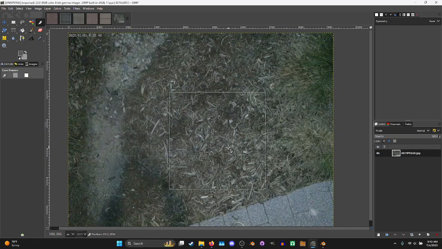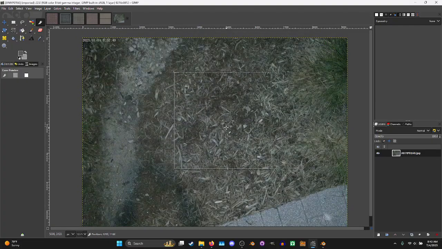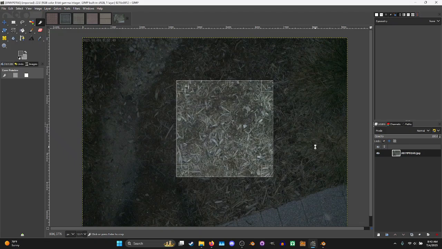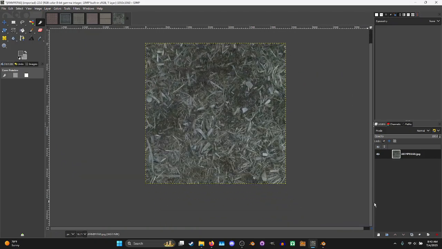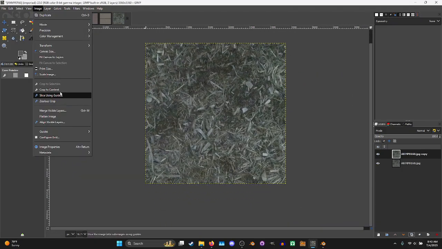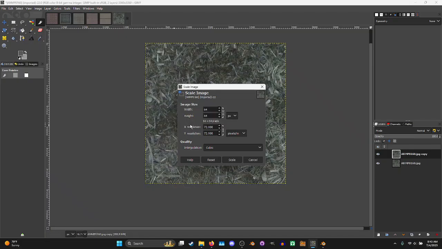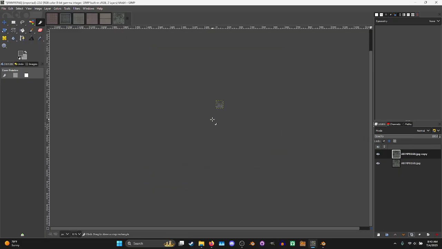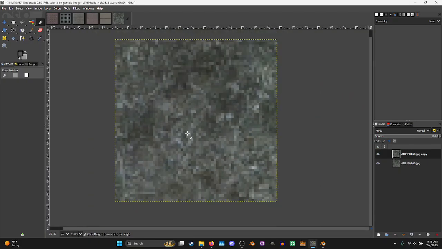Okay, so this one is just messy all over the place, but we can still extract a texture from it. So let's go ahead and yoink kind of this bit right here. That bit looks good. Then, it doesn't really matter where we would have cropped there. Scale it down,